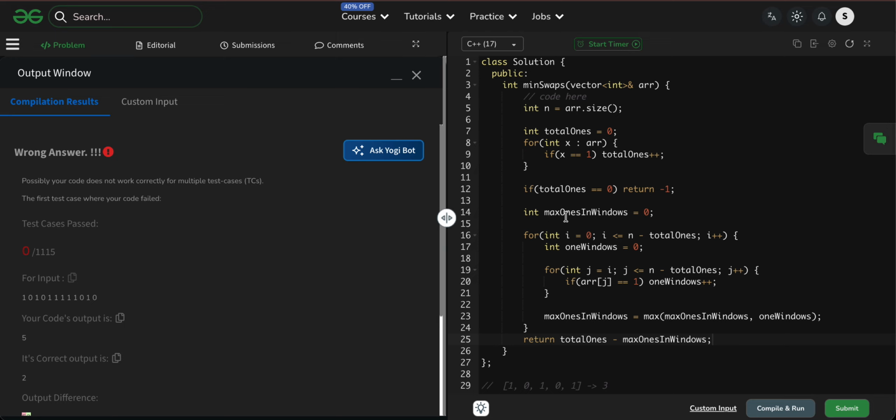Then int max window is equal to 0. For int i is equal to 0, i less than n minus total ones, i plus plus. Int one windows is equal to 0.